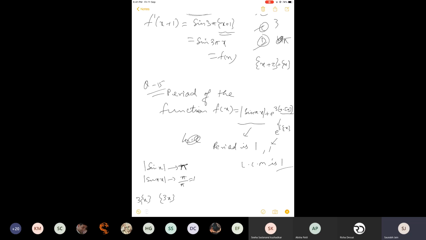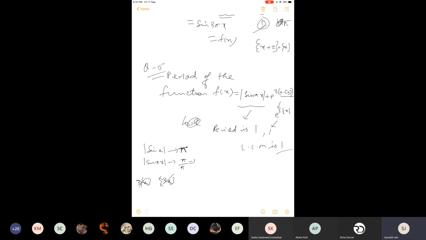Now LCM of both of these is 1, and that is the answer. Now if someone asks, sir, is there a possibility that it is a special case type question? Not at all, because whatever you put, this cannot change into sine. I mean sine to the power 4 and cos to the power 4, it is a different thing, but an exponential or such type of term changing into sine is next to impossible. Okay, so here there is no question of interchanging a special case or something like that.